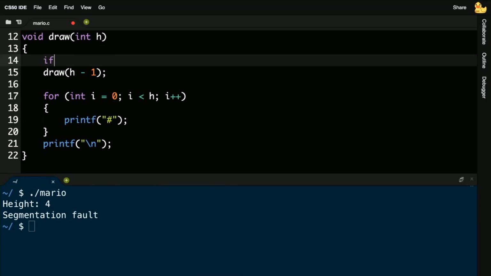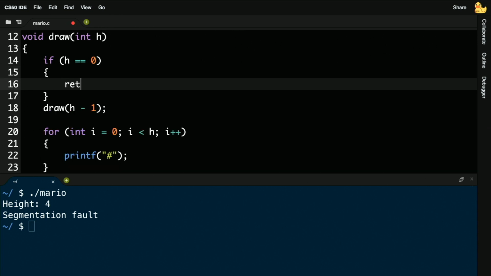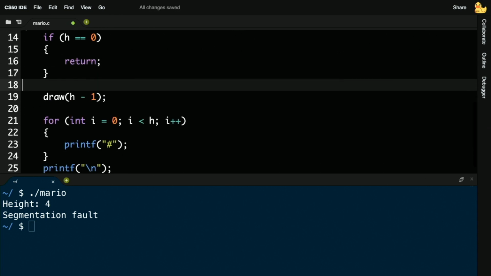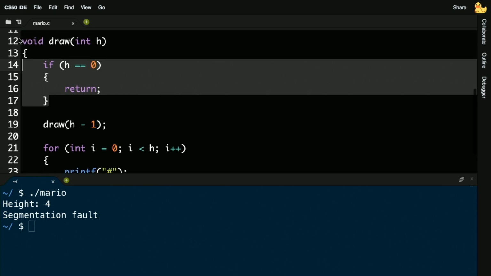If there's nothing to draw, if height equals 0, let me go ahead then and just return immediately. Otherwise, I'll go ahead and draw part of the pyramid and then add the new row. So you need this so-called base case, which you literally choose to equal some simple value, like height of 0, height of 1, any hard-coded value, so that eventually draw does not call itself.